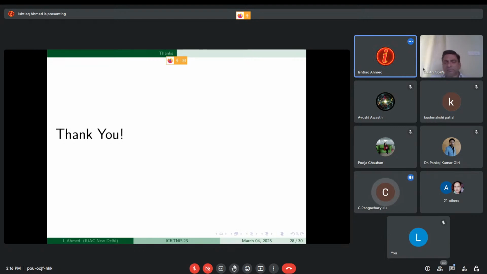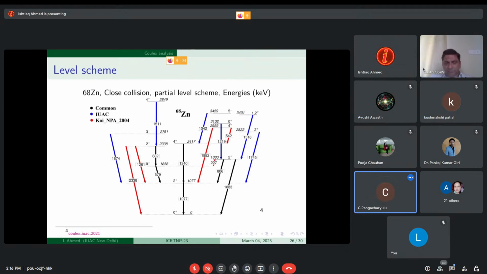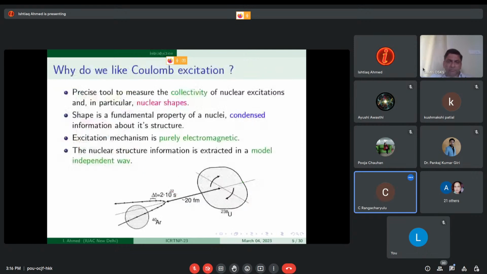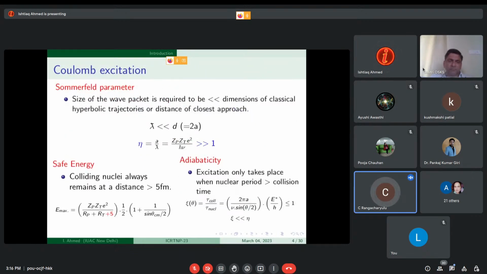So what is the total distance from center to center? From center to center, it will be around maybe something like 15 femtometers, depending upon the radius of the particular nucleus. Then you have to calculate what the energy should be. So what is your energy calculation based upon? Because if you think about a spherical shape, when you make the safe energy calculation, are you putting in the radii of the two colliding nuclei into consideration or not? Yes, of course. We are putting in the radius of the projectile and target as well. I missed that. Yes, that helps me quite a bit, in fact.